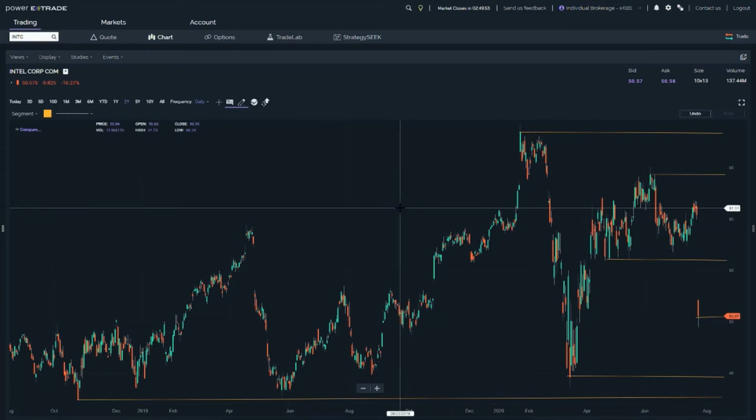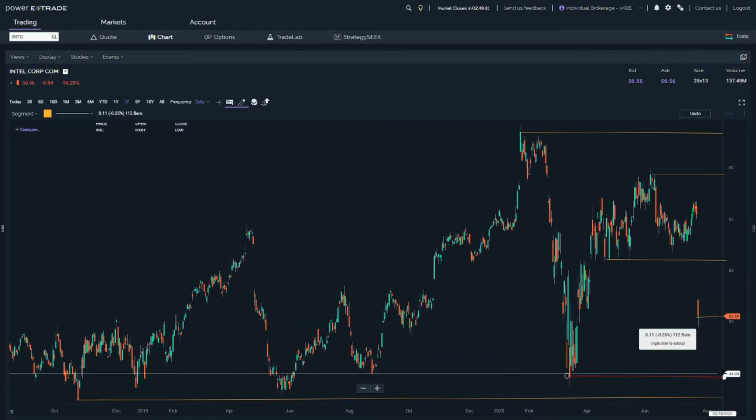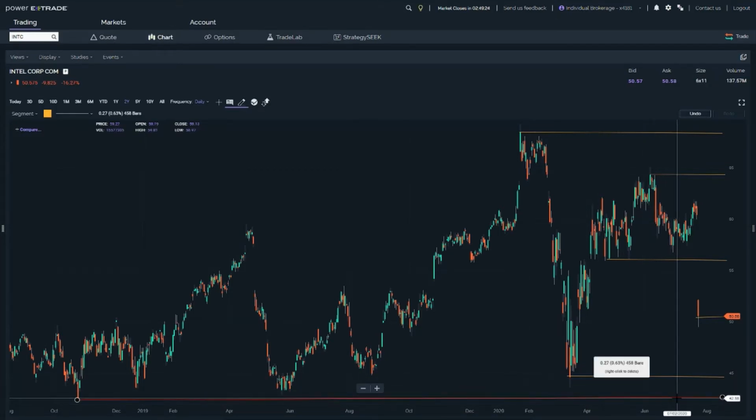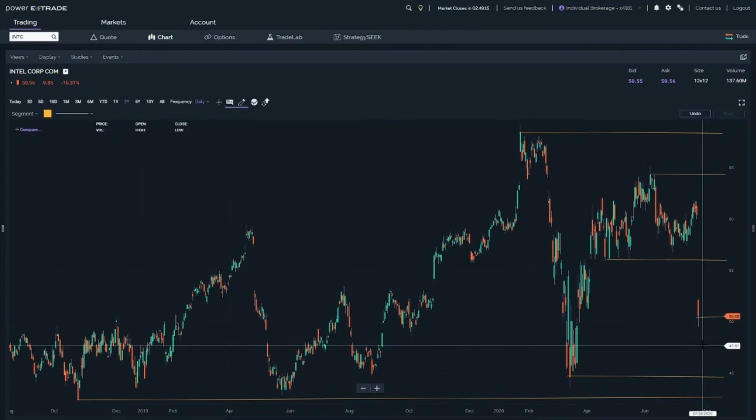So if we analyze the support and the resistance, we can see that the next level is going to be around 45. So what I might do is wait and see if it goes below 45 and keeps going down. Then the next level will be at 42. If it goes lower, then we will have to check more history, but as of right now, I am very interested because it has gone down a lot,